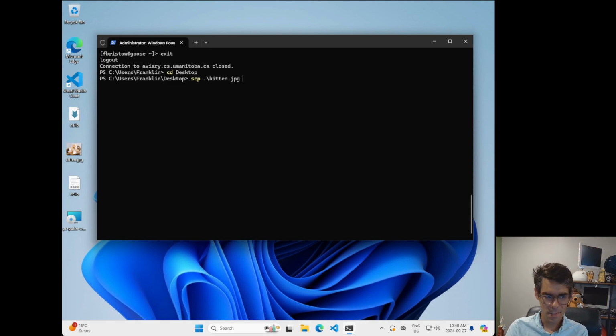On Windows, it says .\ that says this directory, and this is the name of the file. On Mac OS and Linux, you're not going to see that slash in front. The slash is fine. To transfer something to a remote computer, you need to know the same information that you did when you were connecting with SSH. So your username, my username is fbristow. Yours is going to be whatever your UMNet ID is if you're connecting to Aviary. The @ symbol, the address of the computer that you're connecting to, or that you want to transfer files to,